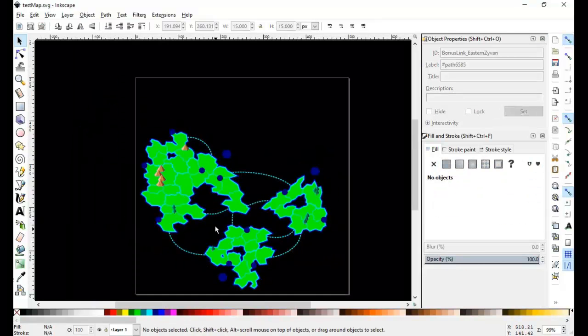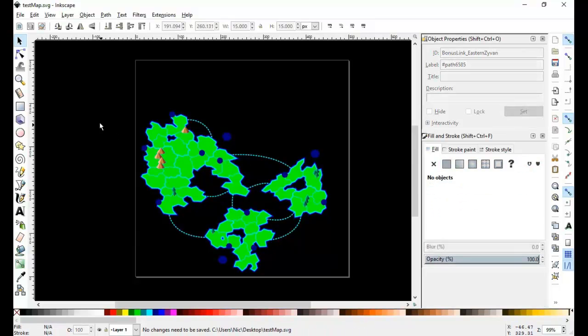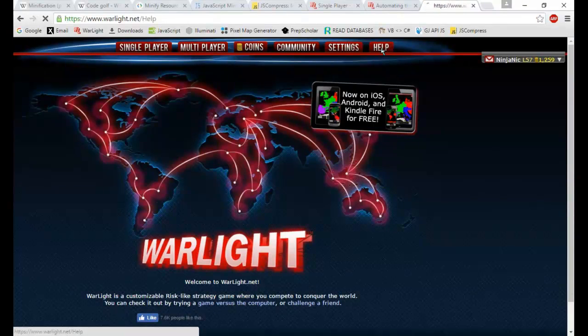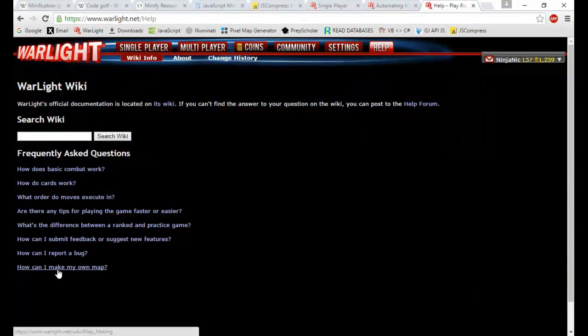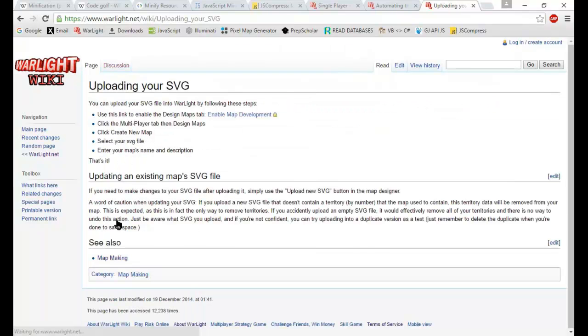Alright, once your map looks complete, all the territories are named, all the bonus links are named, you can finally go to WarLight. Go to the Help tab, click on How Can I Make My Own Map, and then click on Uploading Your SVG. Make sure to enable map development. I'm not going to click on it since I already have it, but